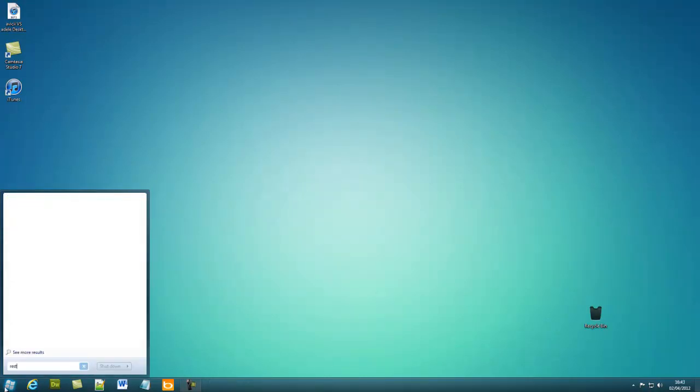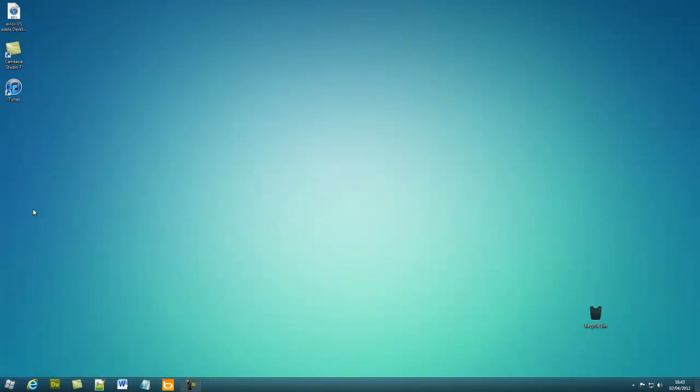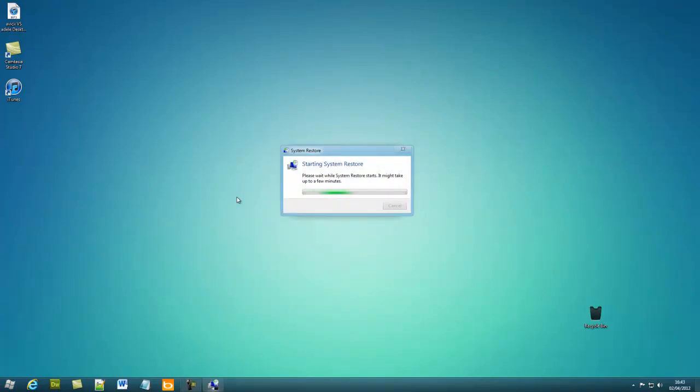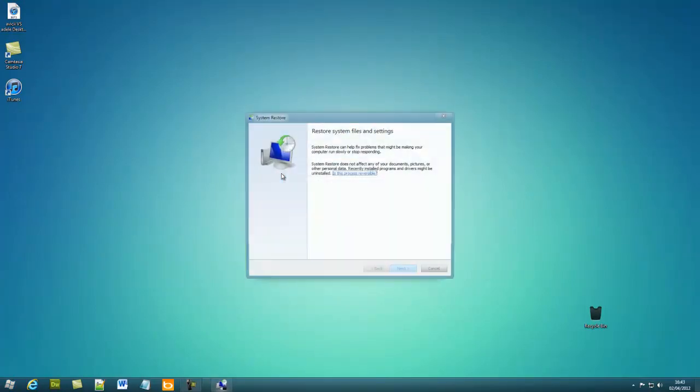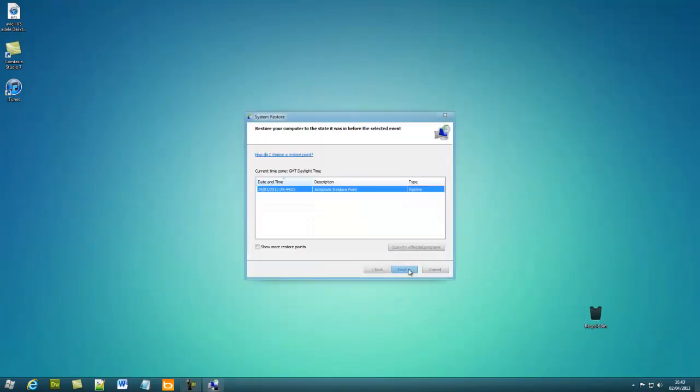And then they have a system restore. So if you type in restore, click on system restore. Every time you install a program or do a backup, it kind of does a restore. I haven't installed a program in a long time, so it's only restored it on the updates and automatic restore point. So once I've selected one, if your computer's behaving slow or something like that, if it's due to a program or you think it's due to,